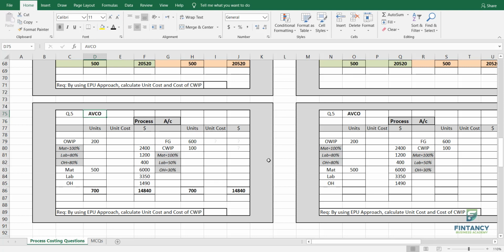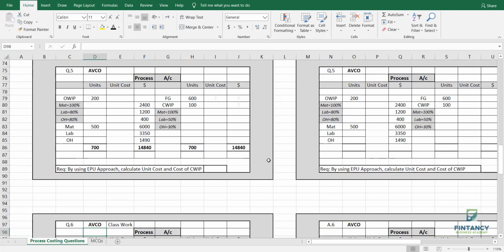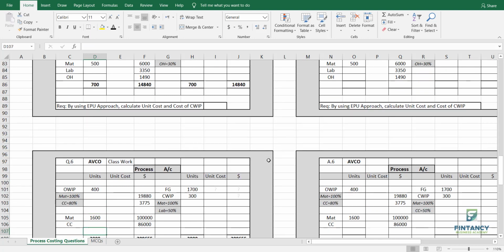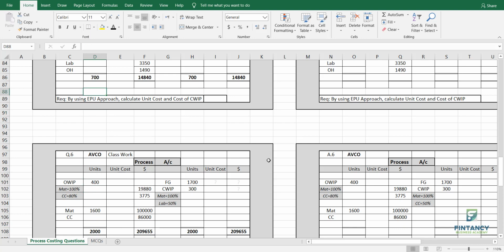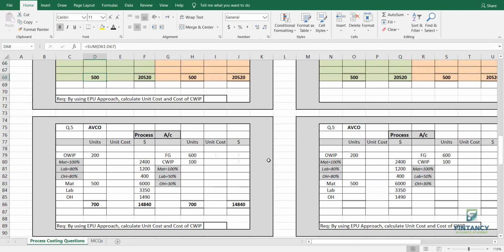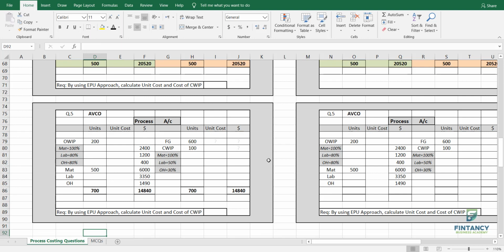that's it. Okay. So basically, if you solve these 7 questions, you can solve any MCQ in your course if you can solve these 7 questions properly. Okay. Basically, there are 6 questions. The 6th one is just classwork type of, the repeat of 5th question. So overall, you can say there are 6 types of scenarios. So if you know these 6 scenarios, which are explained in these 7 questions, you can easily solve any question on process costing, inshallah. Okay.